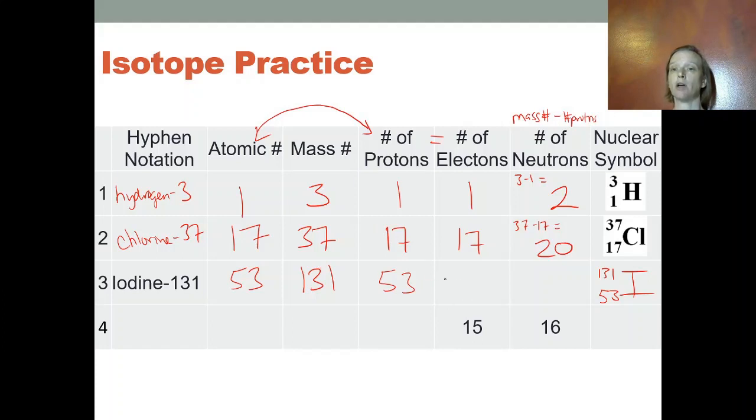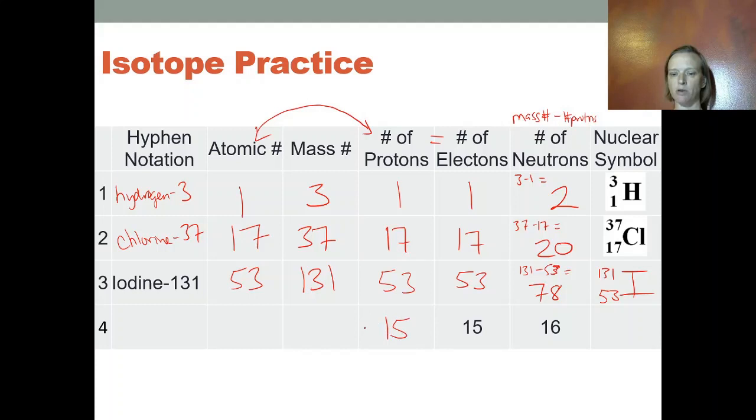The number of electrons, because I have a neutral atom, is the same here. And 131 minus 53 gives me 78 neutrons. This is kind of crazy. I'm not given any information except for electrons and neutrons. But if I'm given the number of electrons and we assume that we have a neutral atom, then I